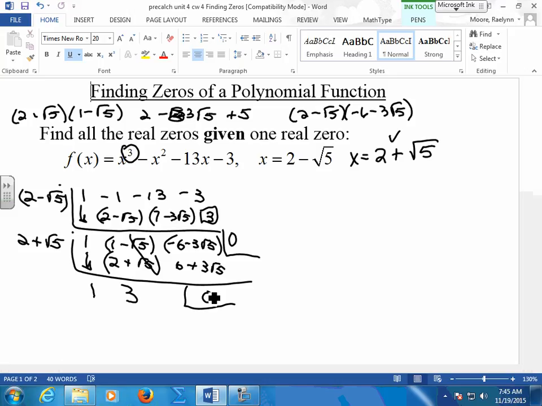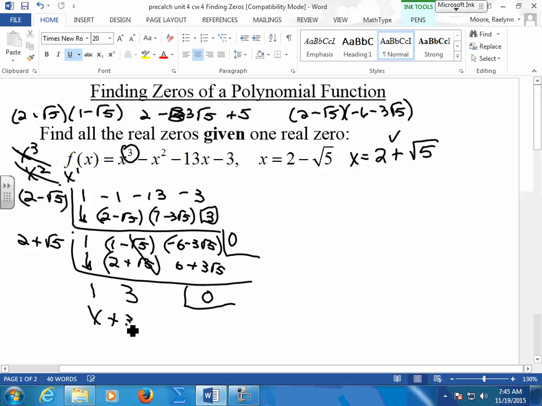Now, we did 2 of them. We started with x3. We went down to x2. So now we're down to x1. This says x plus 3. There's my last factor. If I set this equal to 0, what's my other root? Negative 3. So now I know all my roots. So this has 3 roots